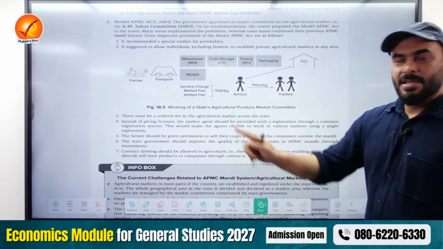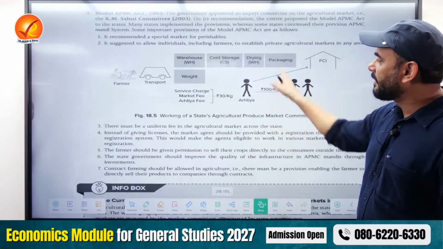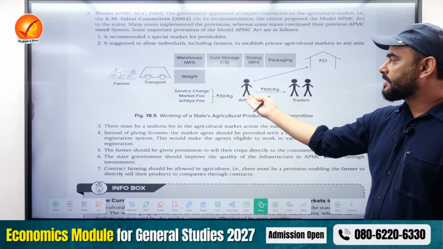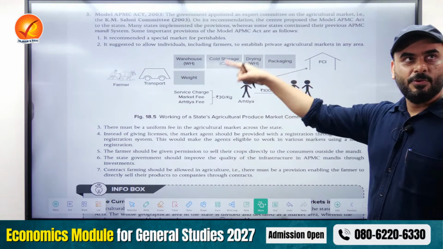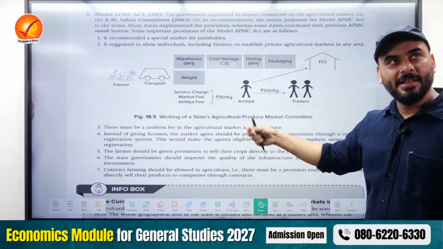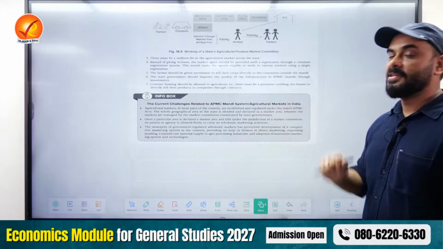So in UPSC, you have to draw a simplified diagram, something like this, because you can see the diagram is not complicated. I've just used some boxes. If you don't want to draw these stick diagrams, there is no problem. You can simply write the name. But this flowchart, this diagram is the key. And then you have to explain the working, and then you have to say that, okay, because of this model of agriculture marketing, these are the challenges.